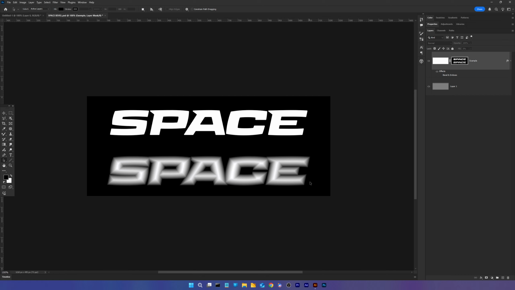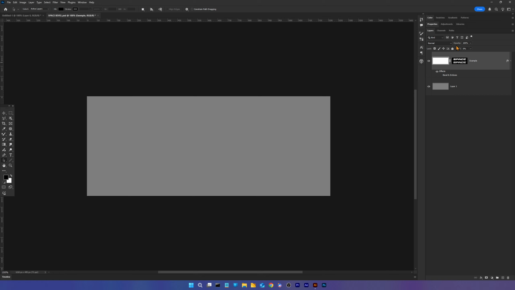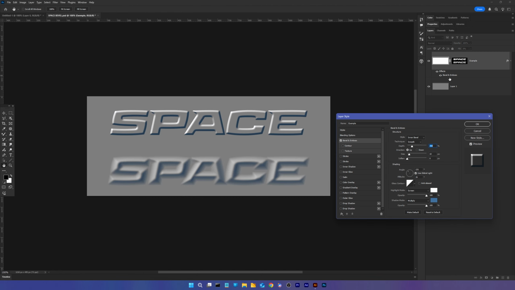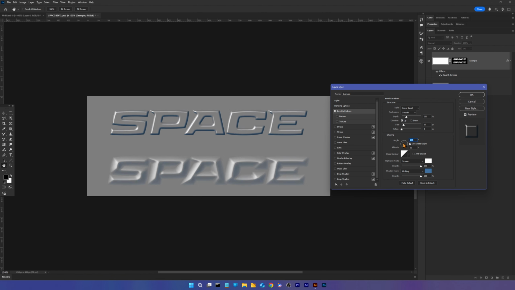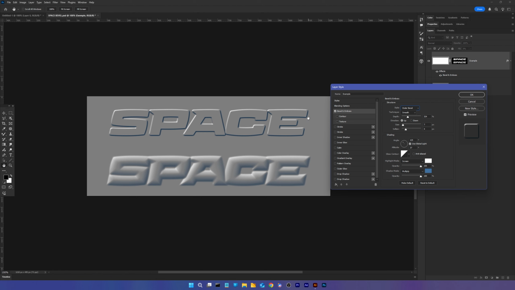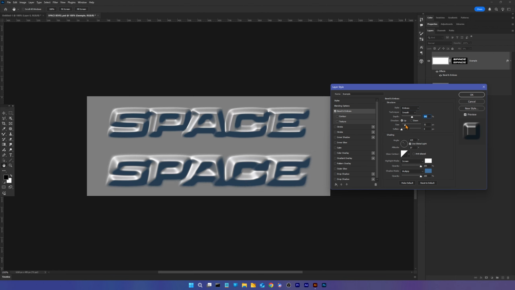I've switched to Photoshop and set up a mask showing two versions, one without the blend and one with the blend to highlight the difference. Let's see how both react when we apply a bevel and emboss to our white layers with zero fill. Once inside the layer style window, you can play around with the settings: style, technique, depth, size, soften and angle. Watch how the style evolves as I adjust the values. The changes are significant, especially when compared to the flat version above.